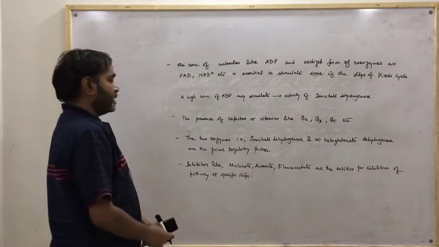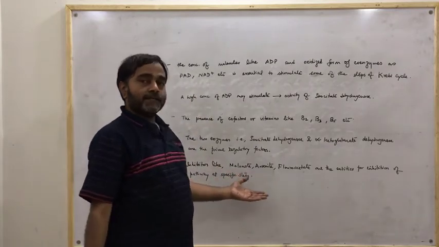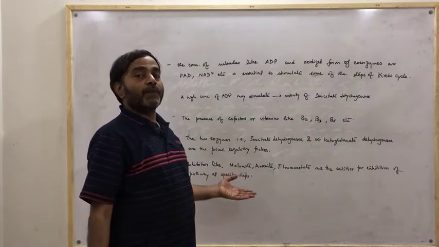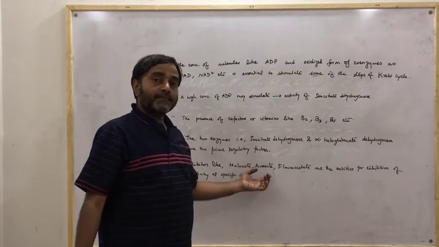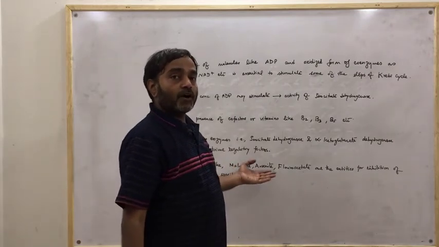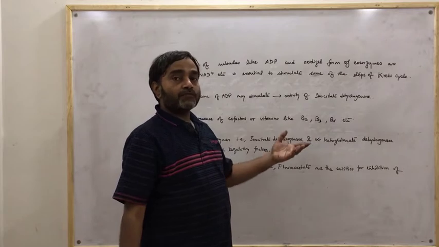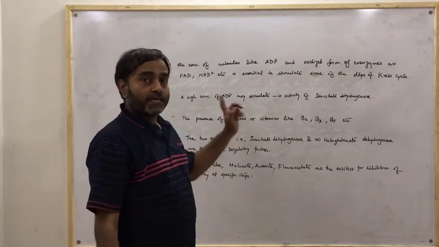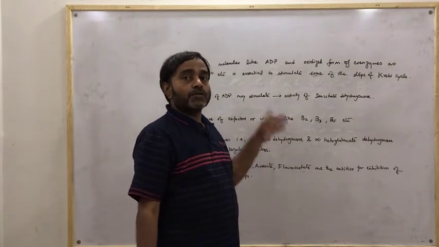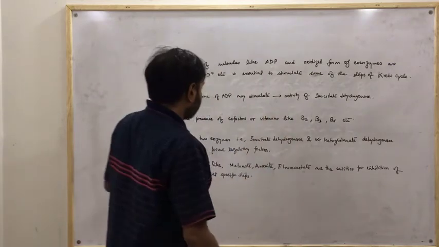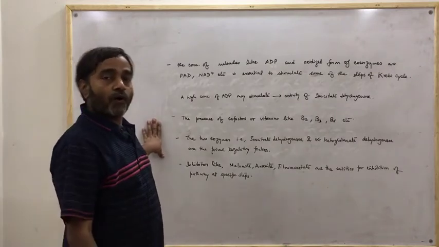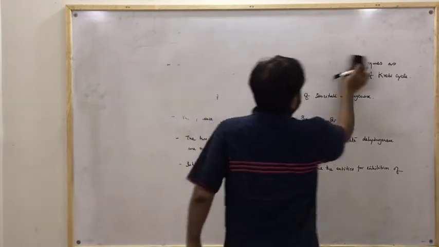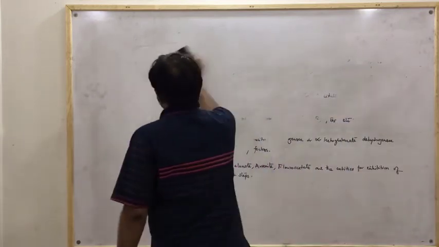We already have seen that malonate can inhibit the pathway where the conversion of fumaric acid into malic acid is going on, and arsenite may inhibit the pathway where the conversion of alpha ketoglutarate into succinyl CoA is going on, and fluoroacetate inhibits the pathway where the conversion of citric acid into cis aconitic acid occurs. So these are the important regulatory factors for Krebs cycle. Now we will see some other relevant facts.